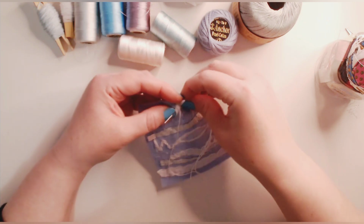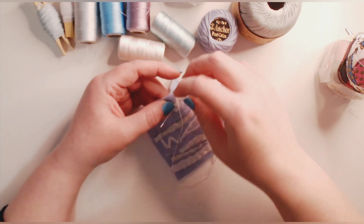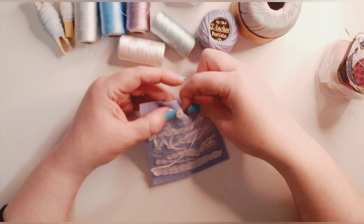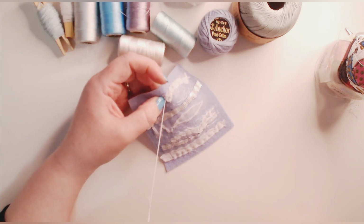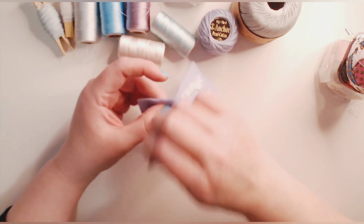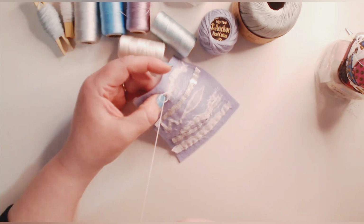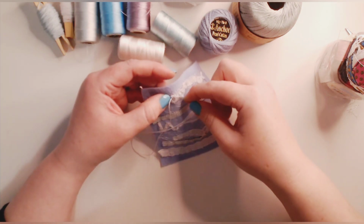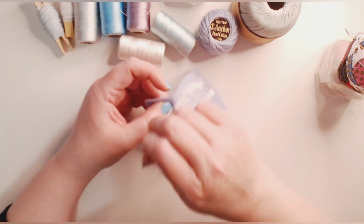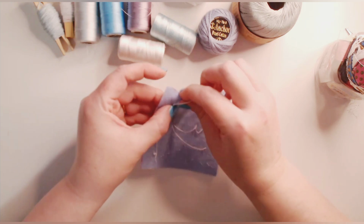And I do want this to be almost horizontal, so I'm not bothered about it being completely straight. You don't often see very straight lines in the sky, but I don't want it to be too wavy because I want it to look like a strip of cloud. And again, it's not going to look photographic, but it's going to be reminiscent of those wispy clouds that you get in winter skies. So there's my first line of back stitch,